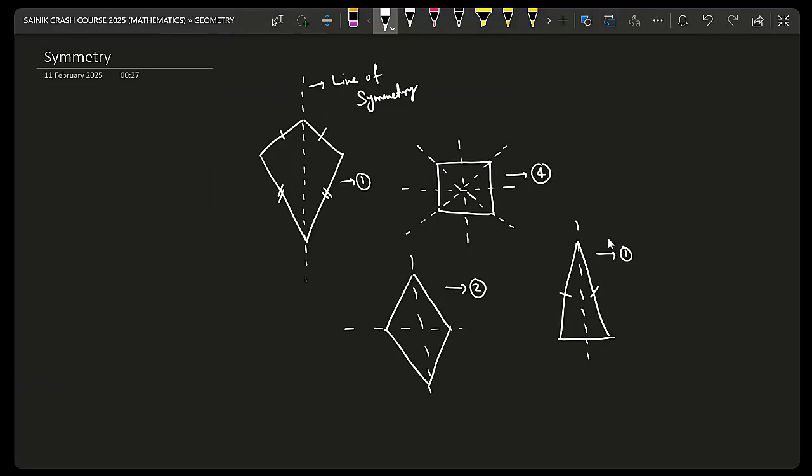Whenever a figure is having at least one line of symmetry, we say that the figure is symmetrical along that line of symmetry. Okay, now